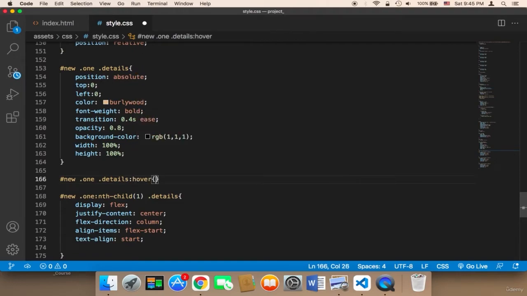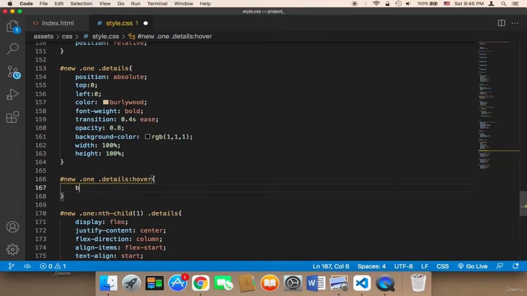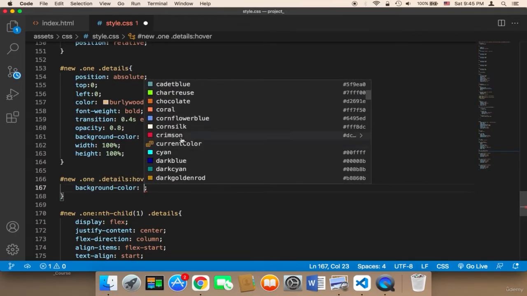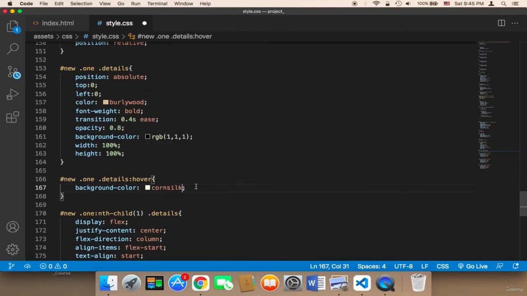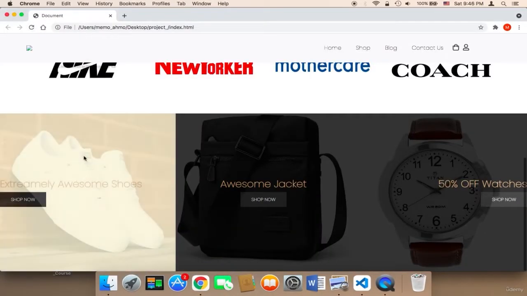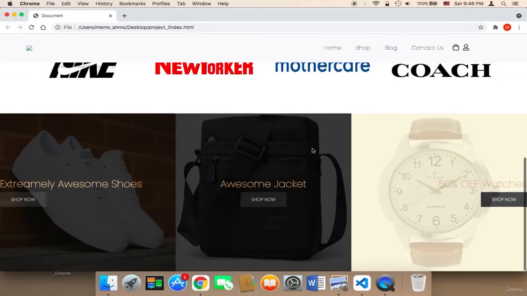Upon hovering, I'm gonna change the background color. Let me select a color, let's say corn silk. Let's try this one. If I refresh, as you can see, if you hover,